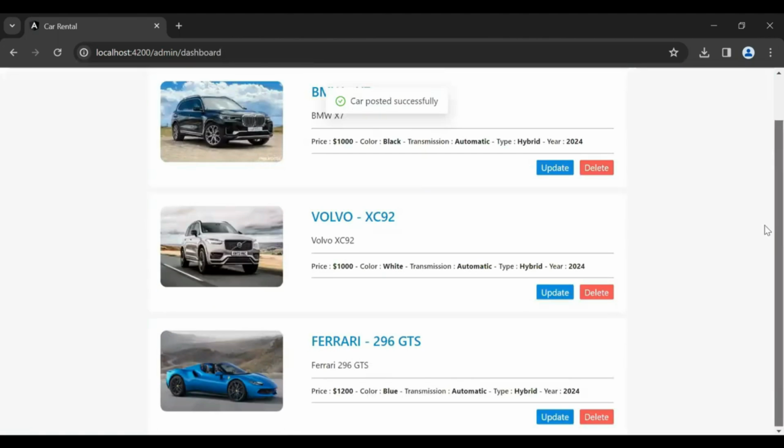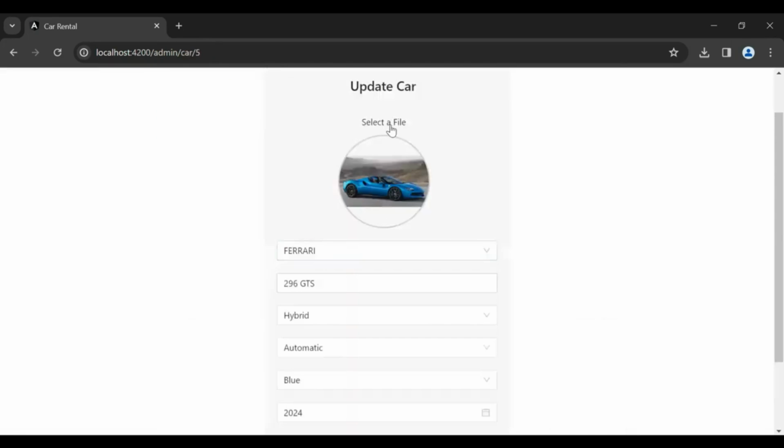And you can see car posted successfully, and you can see the posted car. Let's update this car. So here I'm going to click on this update button. Let's choose a file,